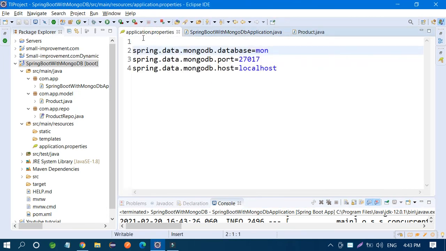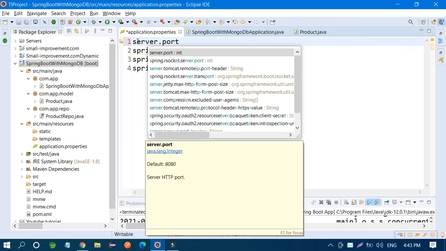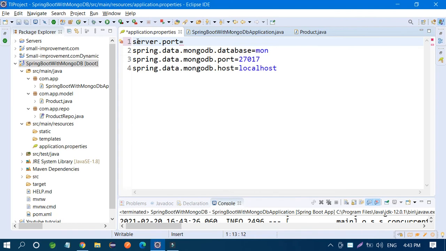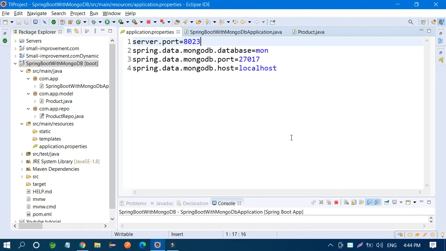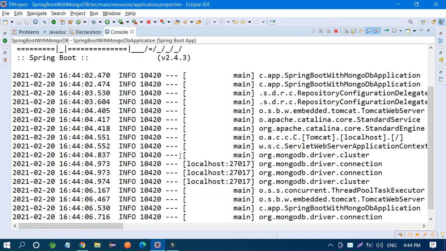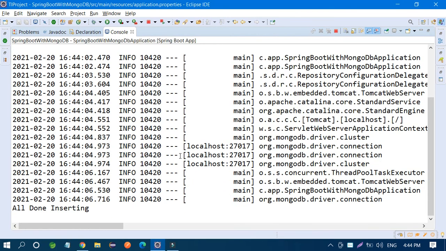Go to the application dot properties file, you have server dot port, and set server dot port to 8023. Save it. Once again, just run it. I hope you don't get any errors because you already saved. So all done, the inserting has happened.